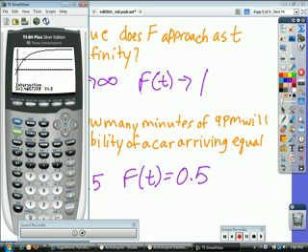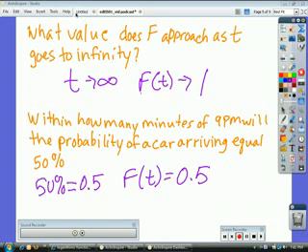minutes within 3.5 minutes of 9 o'clock, so about 9:03 p.m., 9:04 p.m., somewhere between there, a car will arrive. The probability is 50%. That's exceptional. But think about the problem. 12 cars were arriving each hour. So, alright, we solved some